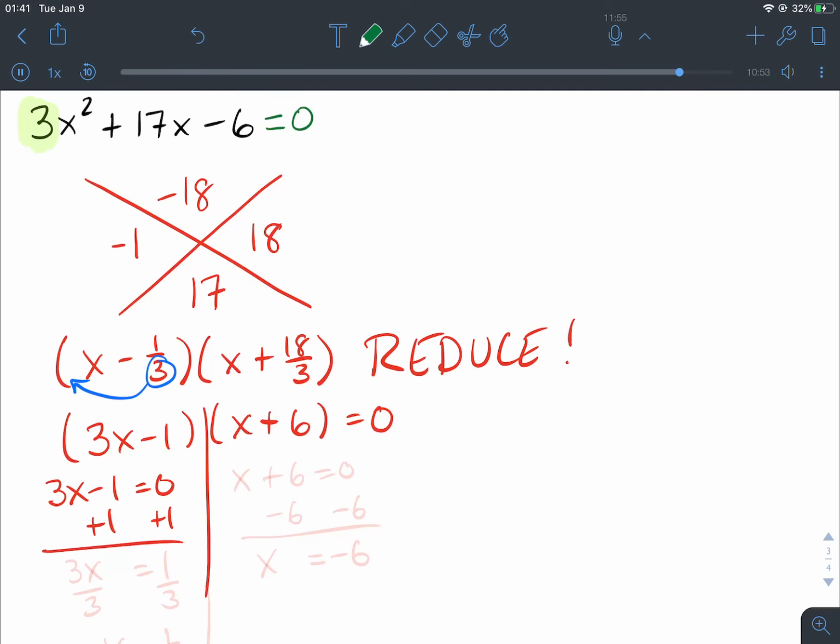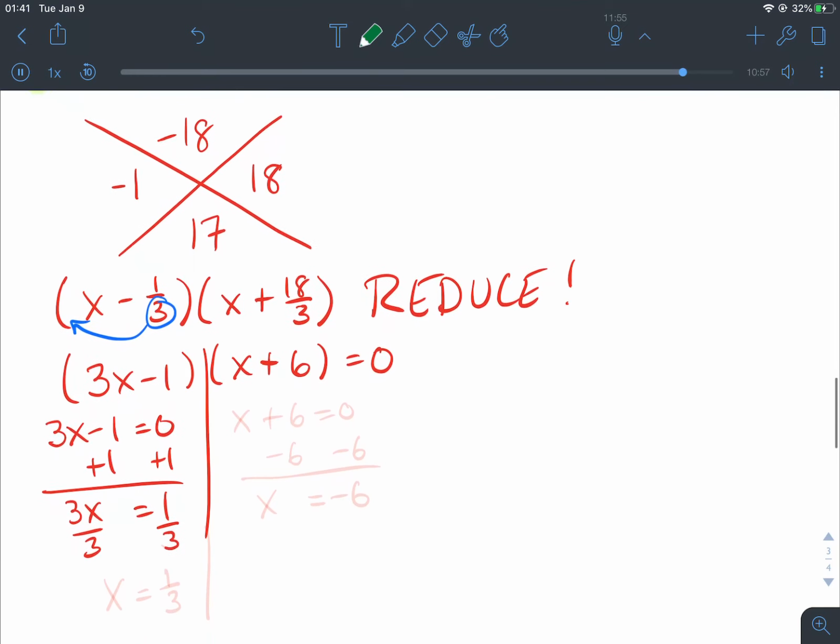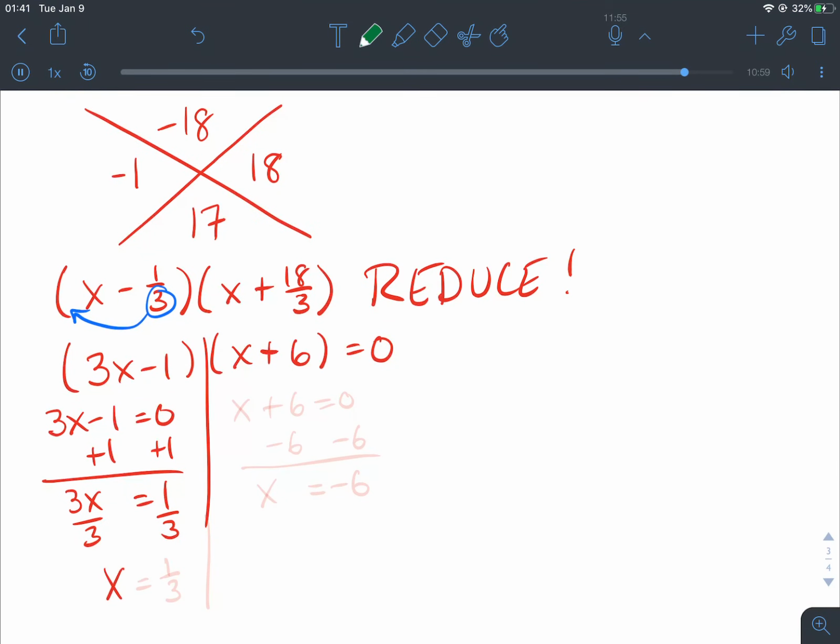We can add 1, divide by 3, and your answer is x equals 1 over 3. On the other side, will be done a lot faster. We subtract 6 on both sides. X equals negative 6. All right, so the point of this is to mostly practice your negative b over 2a